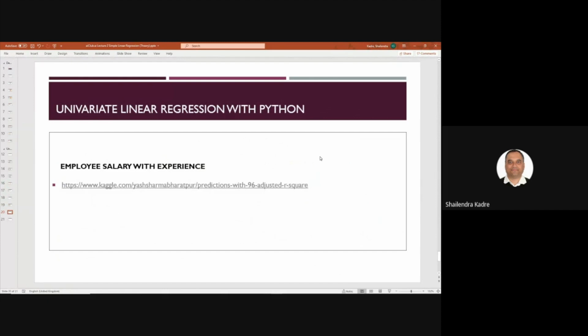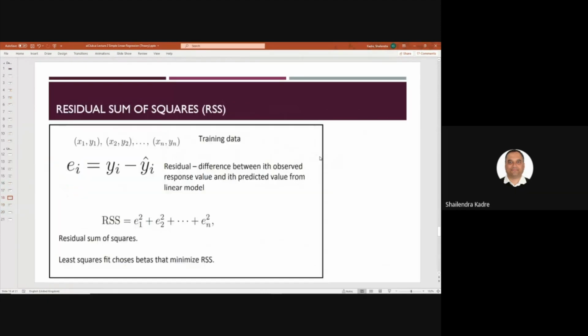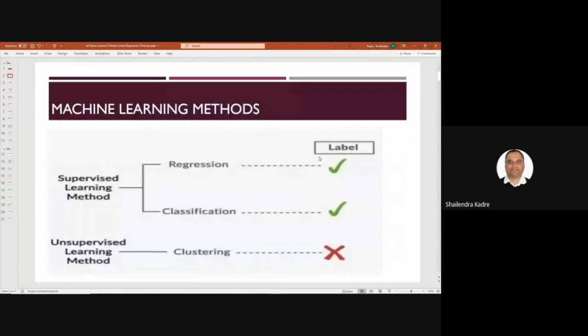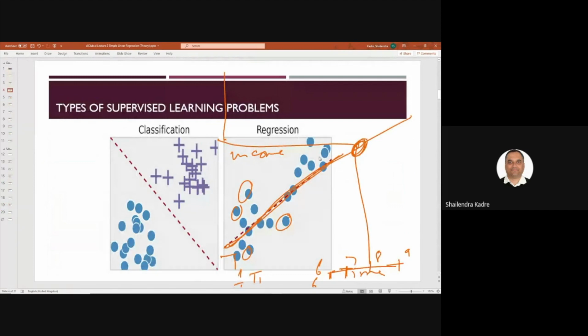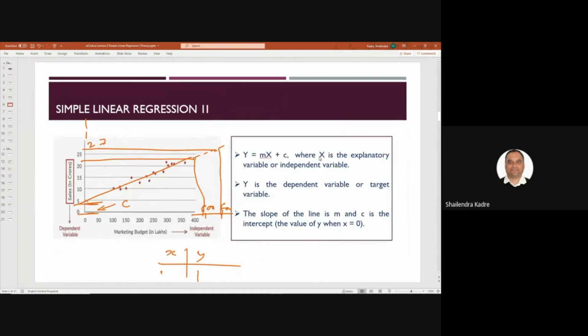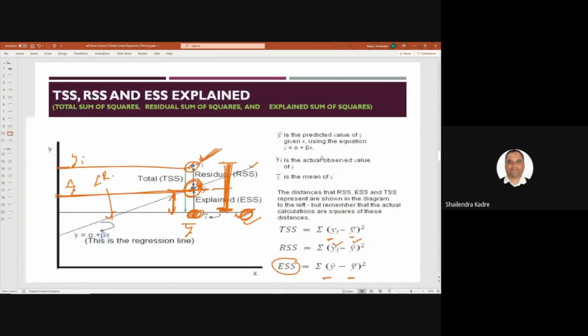Now with this, I have not explained one thing, which is some assumptions. We take some assumptions before making the model. Linear regression has a lot of demands, as we say in Hindi. It has some prerequisites, some conditions to be satisfied before we can call our model correct. These assumptions I have not told you so far. So I will tell you the assumptions, and then we'll do a simple